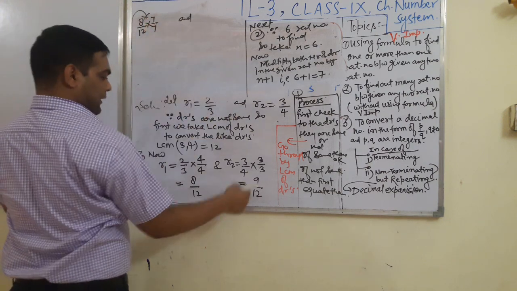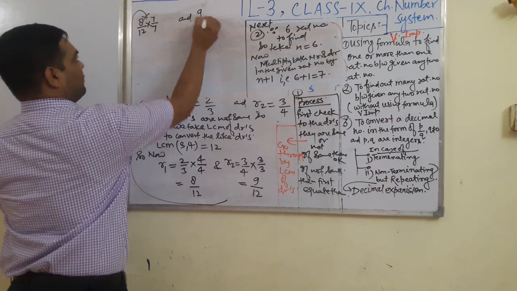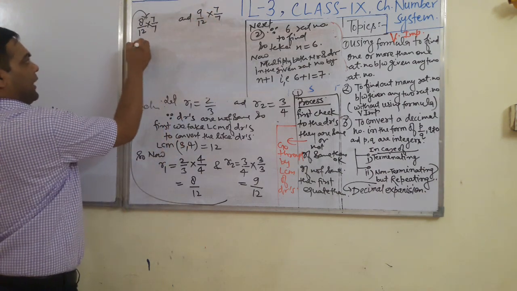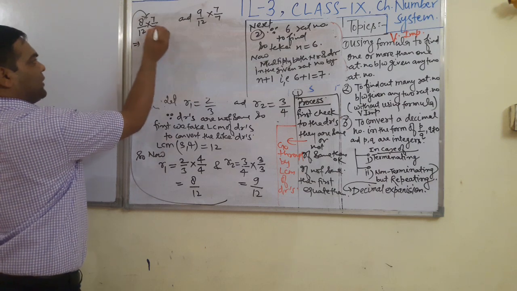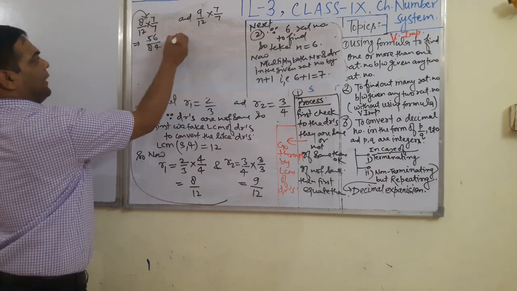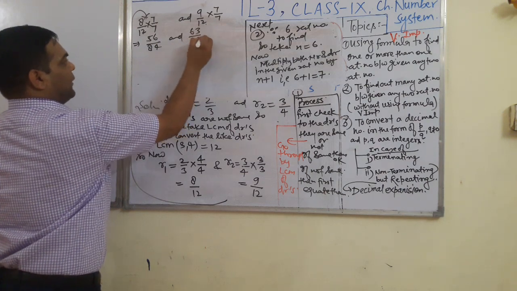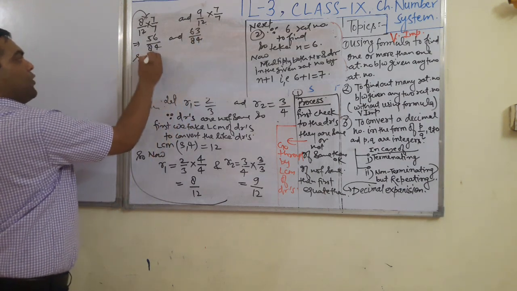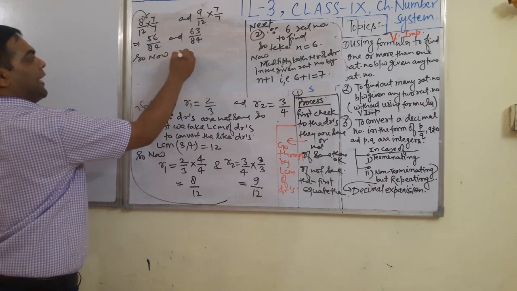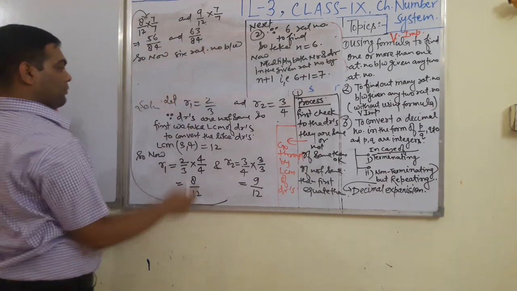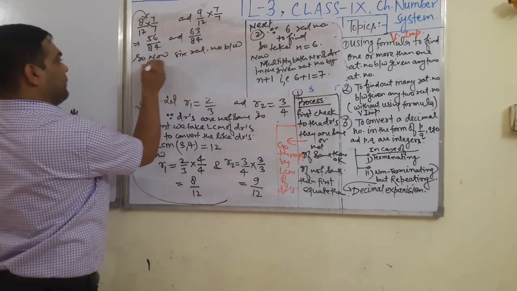And here this 9 by 12 we are going to multiply by 7. What will you get here? 8 sevens are 56, this 12 sevens are 84, and here 9 sevens are 63 and 12 sevens are 84. So now 6 rational numbers between 2 by 3 and 3 by 4